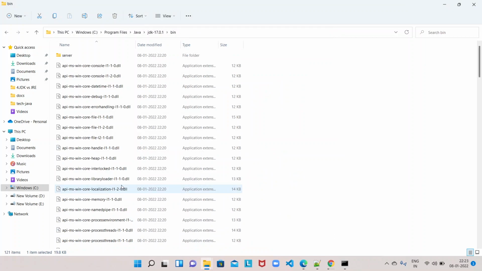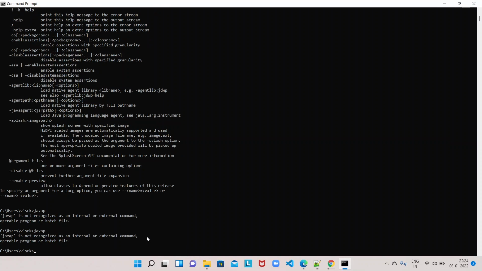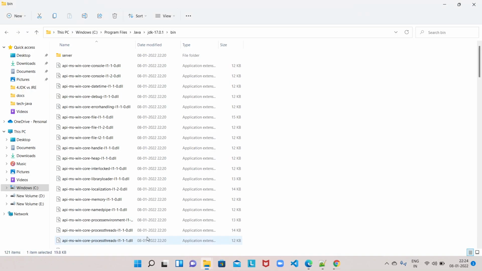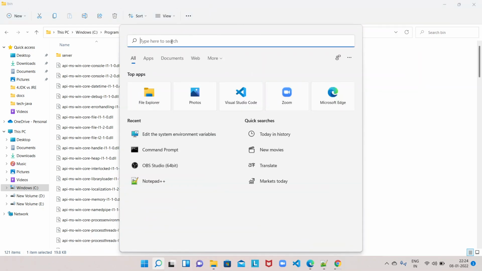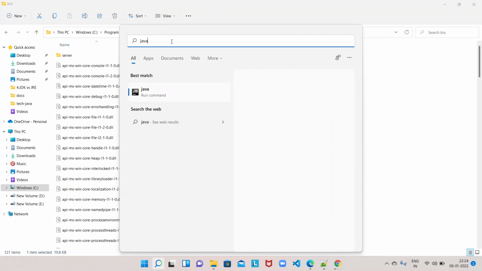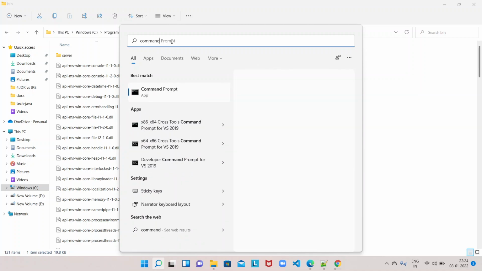Okay, now I closed all browsers after applying the settings. Now if I set for the same command, it is still showing, and the command is not recognized, right? Now I have to restart the machine. I have to restart my command prompt. Okay, let me open the command prompt again.